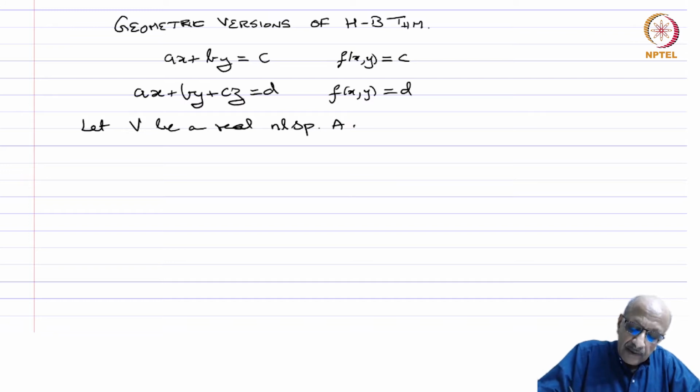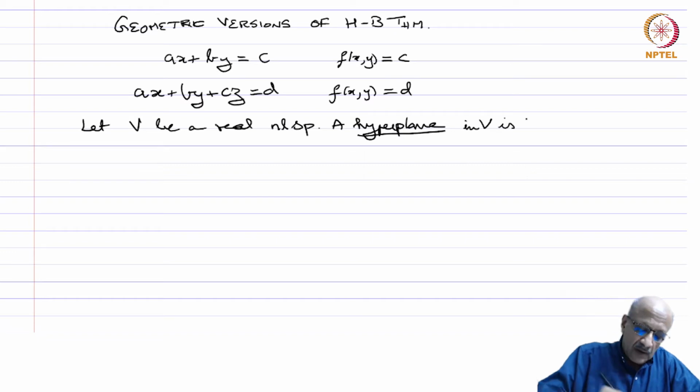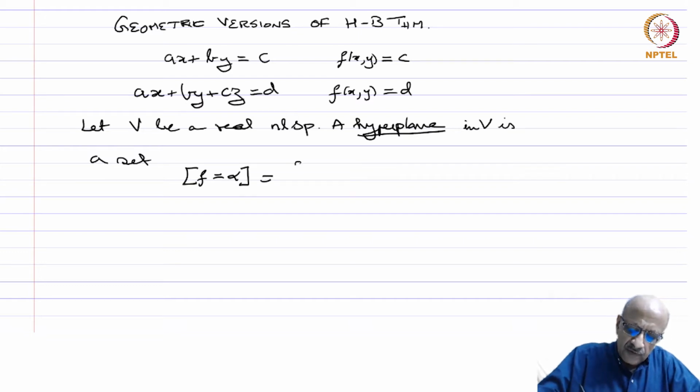A hyperplane in V is a set [f = alpha], which is a short notation for the set of all x in V such that f(x) equals alpha,